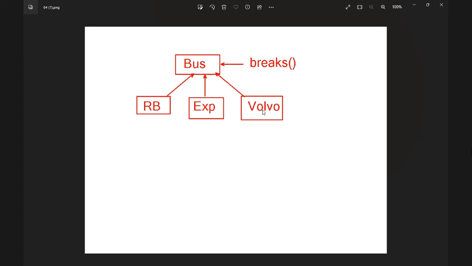Now what are the subtypes? Subtypes: red bus, express, Volvo.